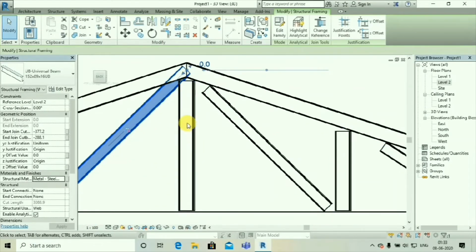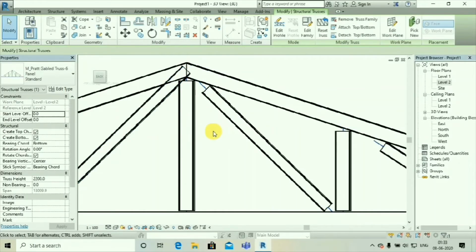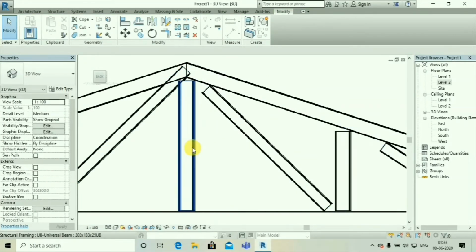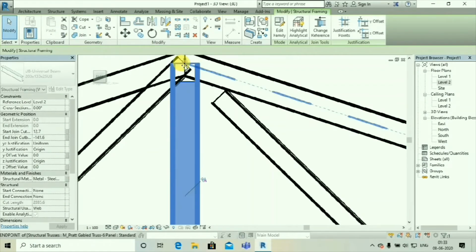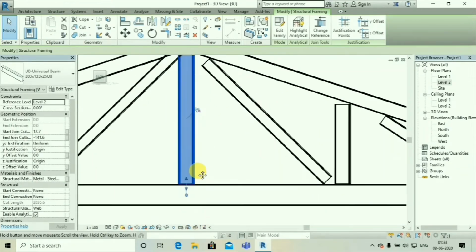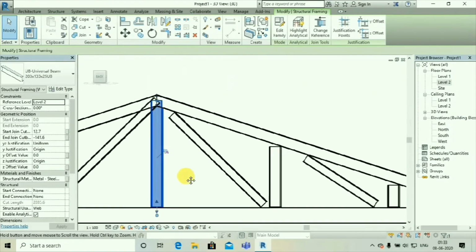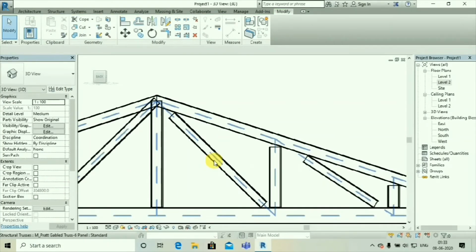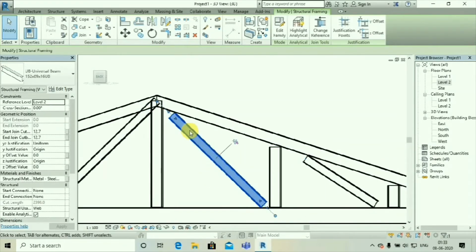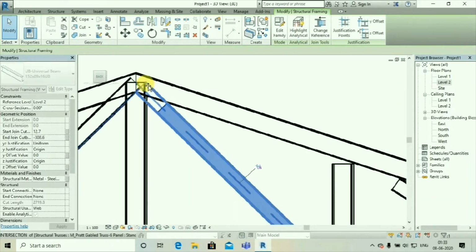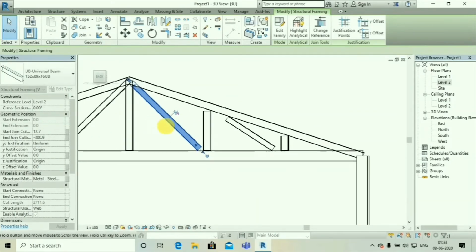Again this one, click on tab, click on your mouse, done. In the upper portion it's okay. For this beam, click on tab, click on your mouse, extend the beam on both sides, here also.